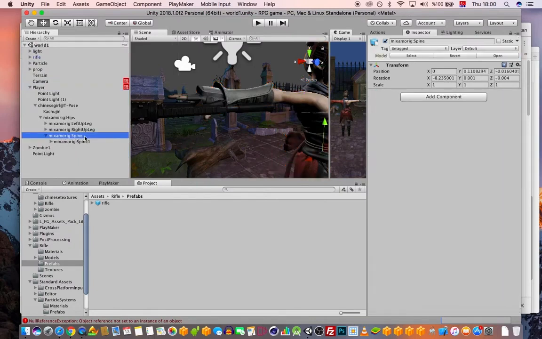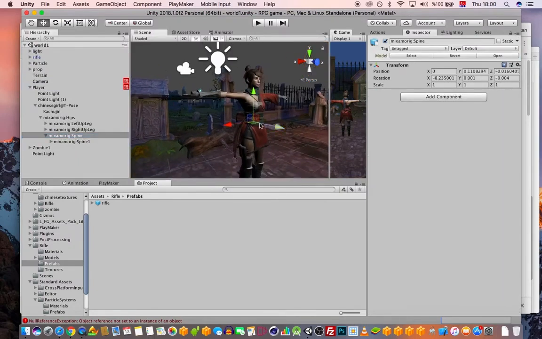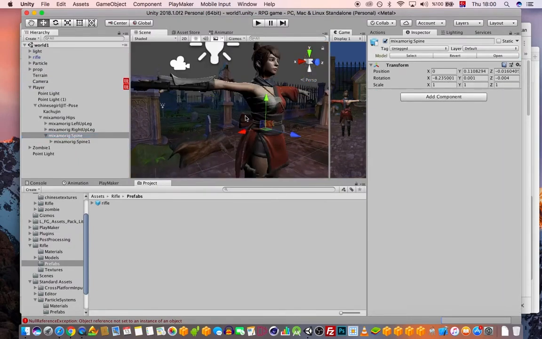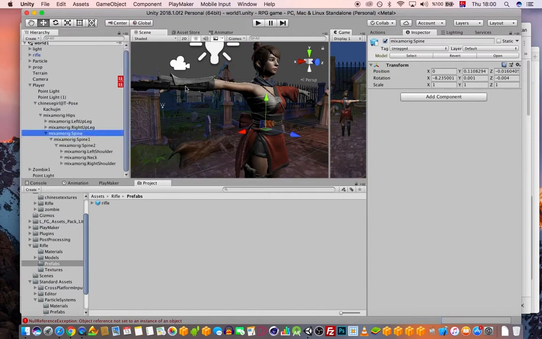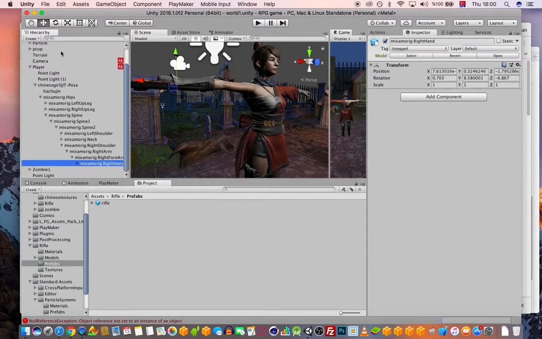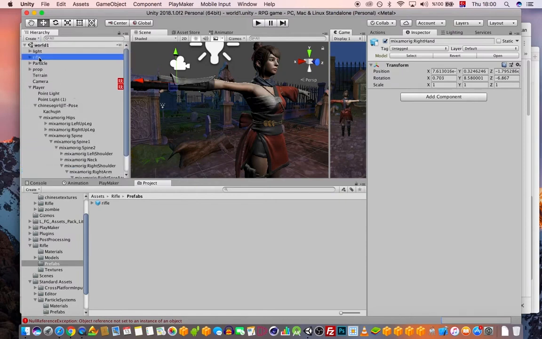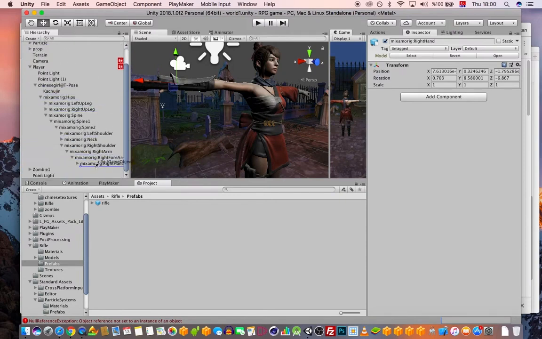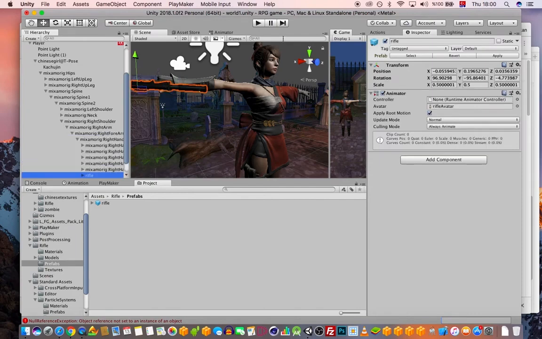You need to go to the spine, because up the spine is the whole upper body. So you will go under the spine, and because this is her right hand, right arm, I'm sorry, you need to put it under the right hand. You will come here, take this and drag it all the way down here. So when we click play, it should almost be in place,